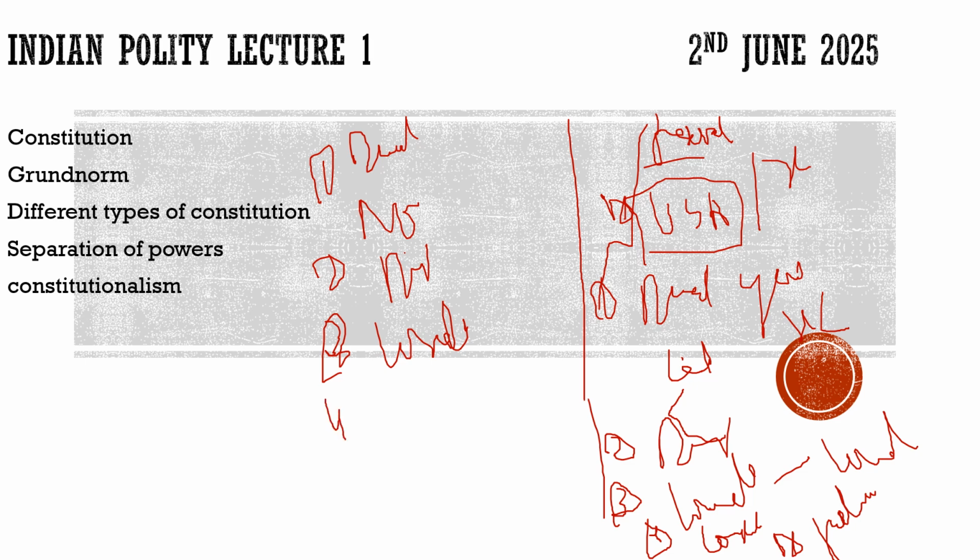Then the fourth point, the constitution should be supreme. Can we amend the constitution? 100% we can amend the constitution. So is it really supreme? We have Article 368, we have different provisions. When there is an emergency, they can do whatever they want. If any political party has the majority, they can do whatever they want. So is the constitution really supreme? Yes, it is supreme, but if we dig deeper, maybe there are some gray areas.